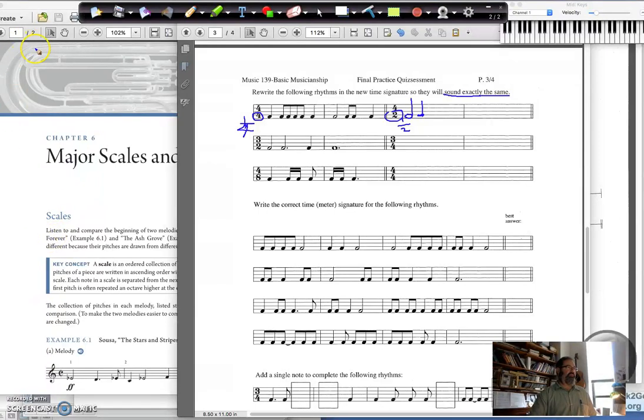How do I get there? Oh, that's what I have to do. I have to go